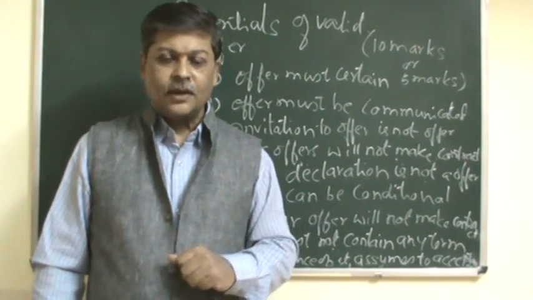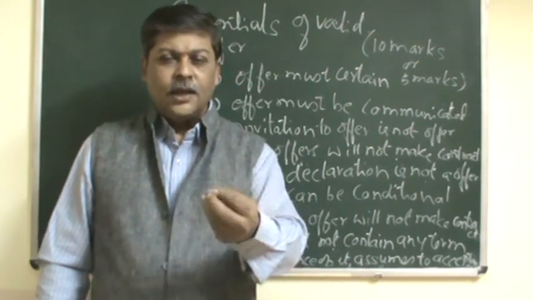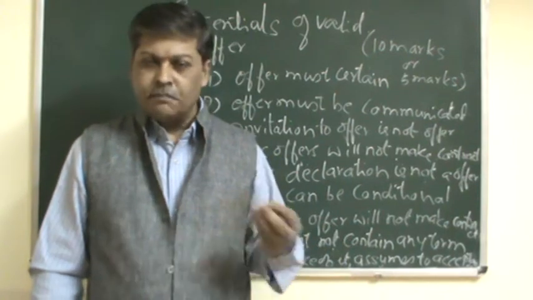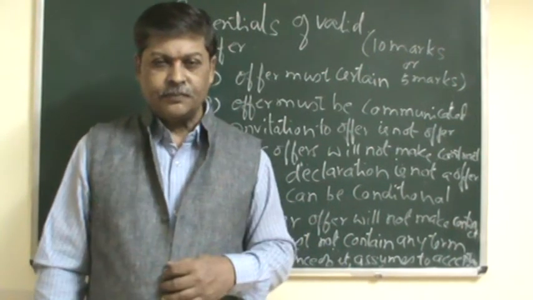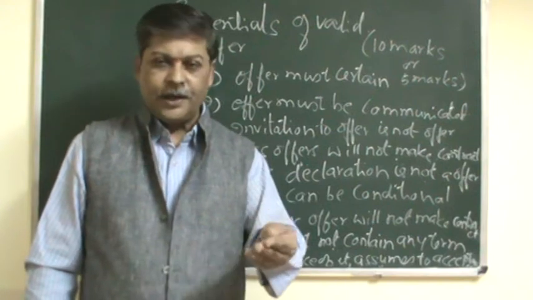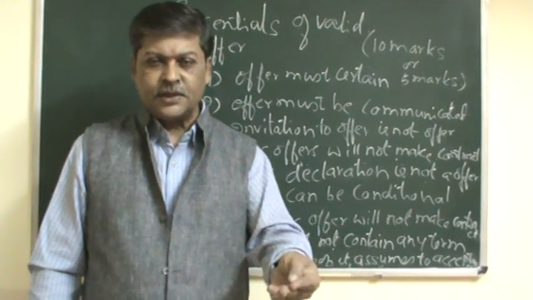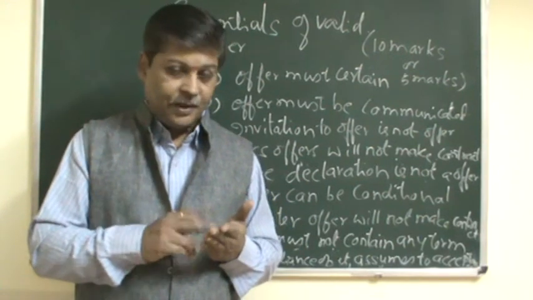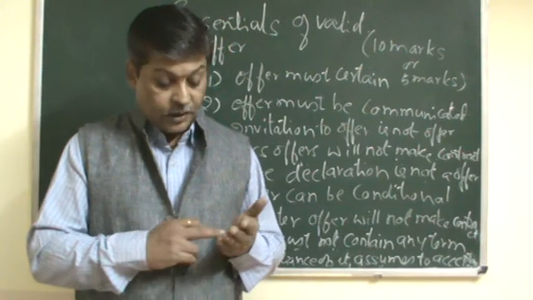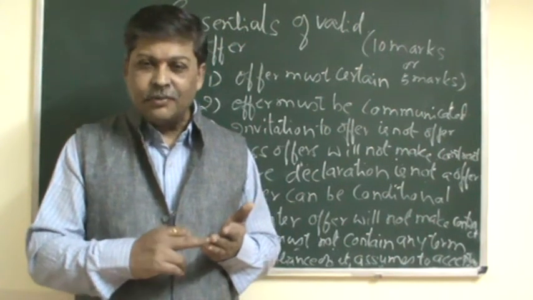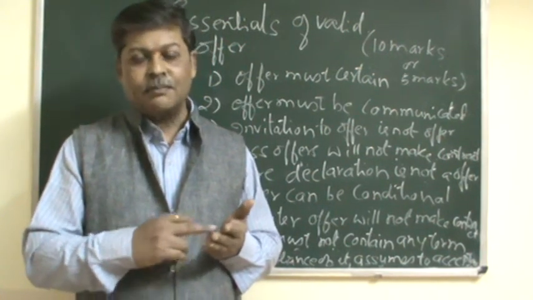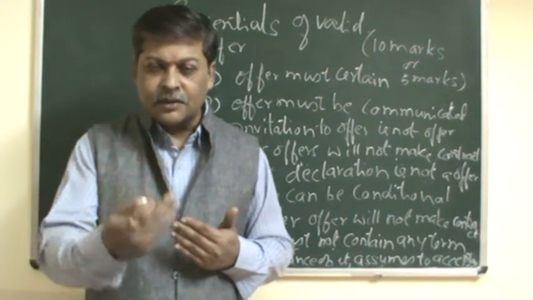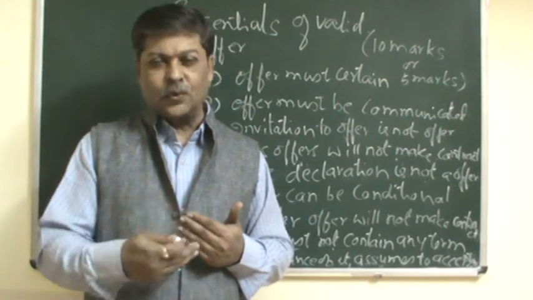Now for example, you go to a cloakroom in a railway station or in a bus stand and keep your luggage, and they issue a ticket. A receipt is issued to you, with whatever charges there are. If you look at the receipt that is given, at the last it says turn back, see back. So it means there are some terms and conditions included.